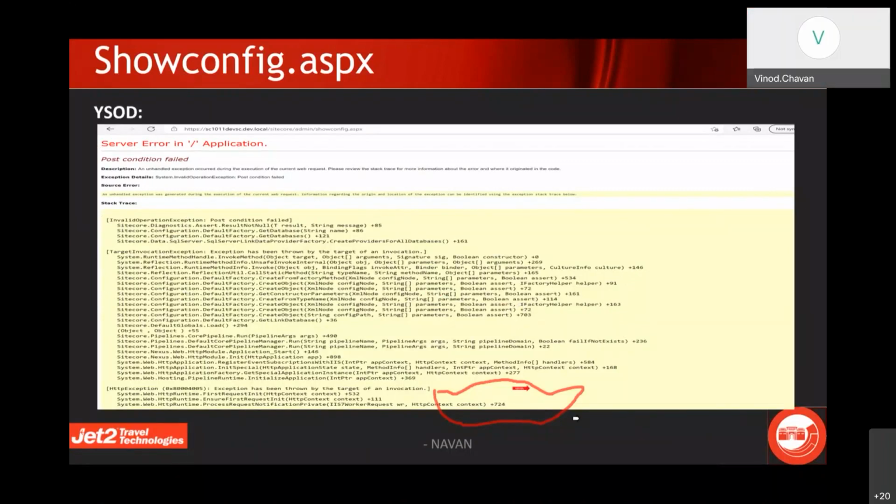Is anyone aware about that? How to remove that? It's fine. Yeah, that's fine. Like if it is taking time.